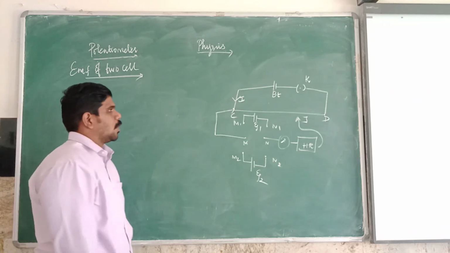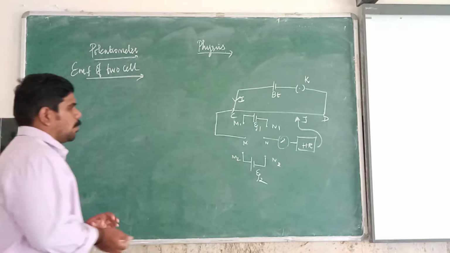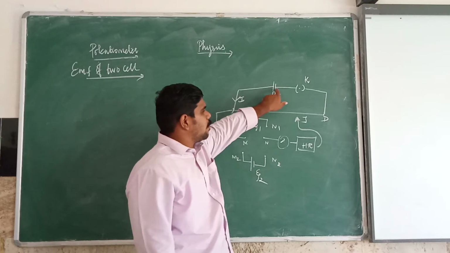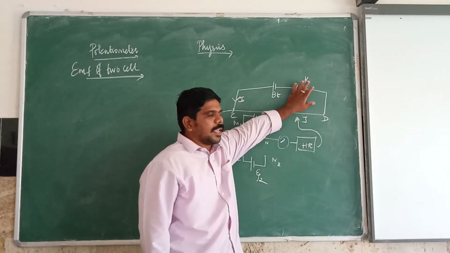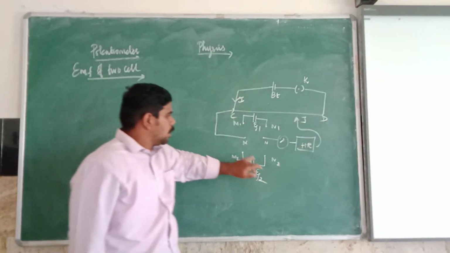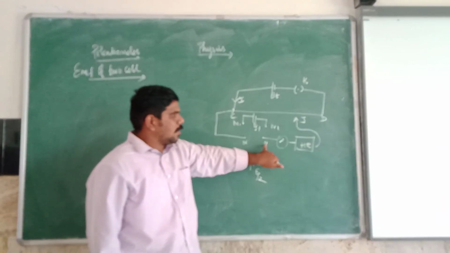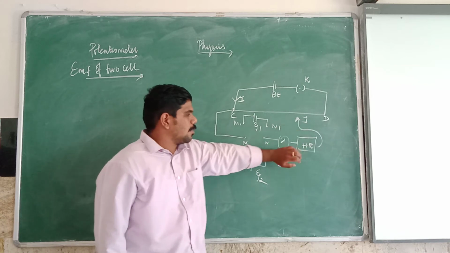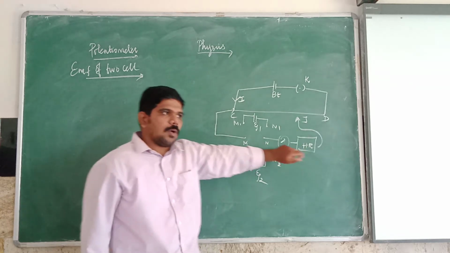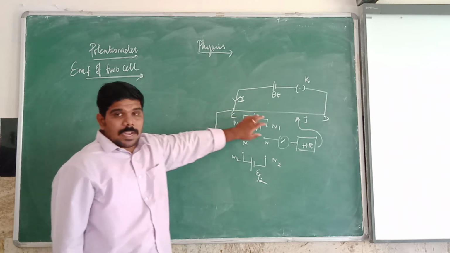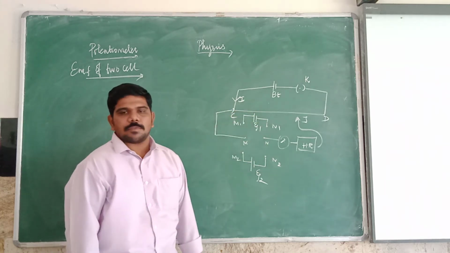So what are the parts you have to remember? Let CD be the potentiometer. The positive of the battery is connected to C and the negative to D along with the key K. This forms the primary circuit. The M end of the DPDT switch is connected to the C end of the potentiometer. The N end is connected to the jockey along with the galvanometer and the high resistance. The cells ε1 and ε2 are connected to the M1 N1 and M2 N2 ends of the DPDT switch.